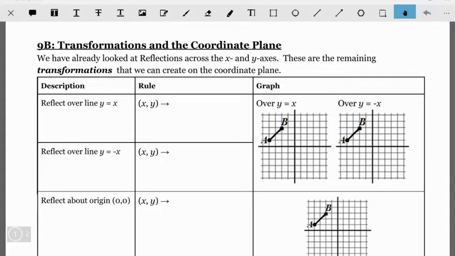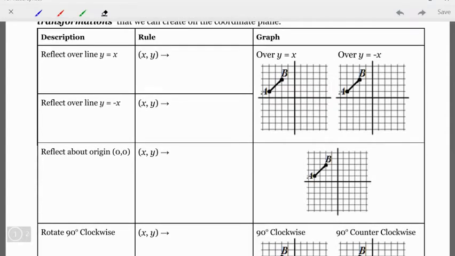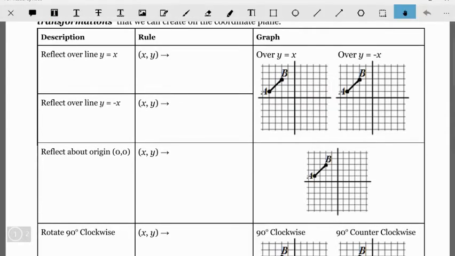So our first 2 that we're going to look at are reflecting over 2 lines. So our first line is y equals x. Now this line, if we graph it, is actually going straight through our 3rd quadrant and our 1st quadrant. And so we're graphing our line over this. Now we could absolutely count out our spaces, but it's a little harder to do since we have the diagonal line. And so our rule for this is all we're going to do is switch our x and our y